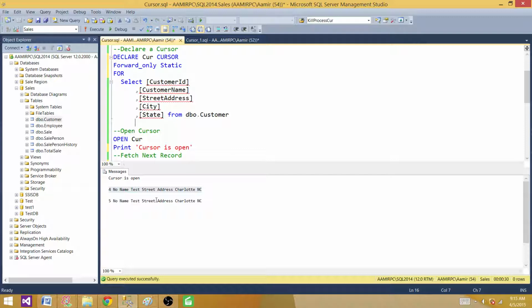So cursor, especially the forward only static cursor, is not interested to go back and take a look even if the table is deleted.